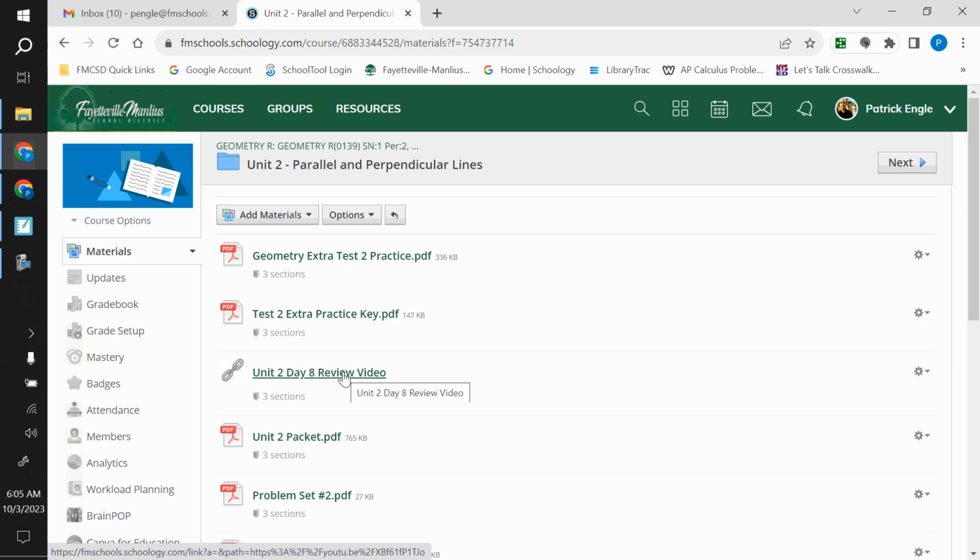And the purpose for having that there is so if you need to see the constructions being done out, you can go there and just skip ahead to where we did the constructions. So you have those as resources to help you prepare for the test tonight. Everyone should be doing something to prepare for the test, and I would strongly suggest to go through and do this practice. And again, I am after school today if you want to come in and do the extra practice with me